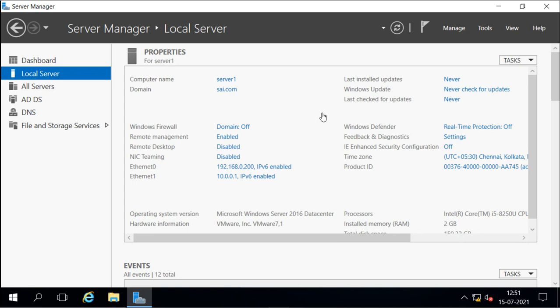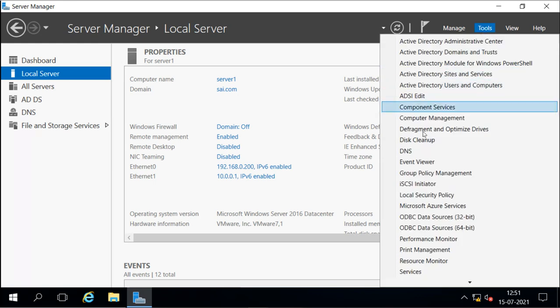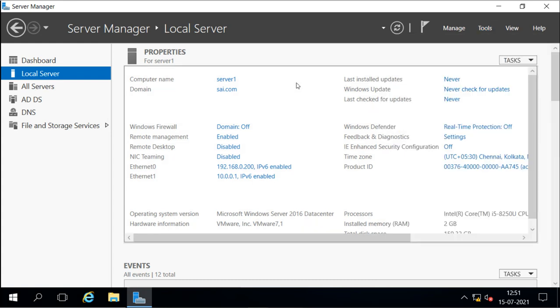So for example, this is Server 1, and this is not a member of the cluster. This server is out of the cluster. Now if I check here, there is no Failover Cluster Management tool available here. This tool will come when we install the failover cluster feature on the server, but we don't want to install the feature. We don't want to use this server in the cluster. We want to use this server to manage the cluster.